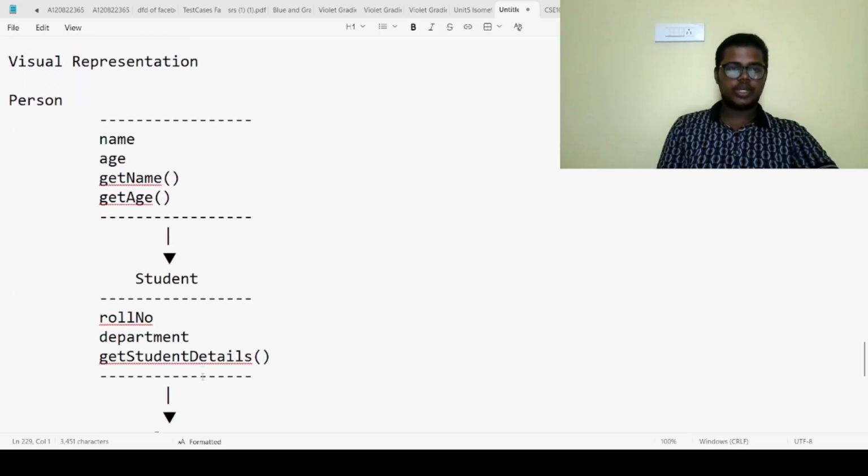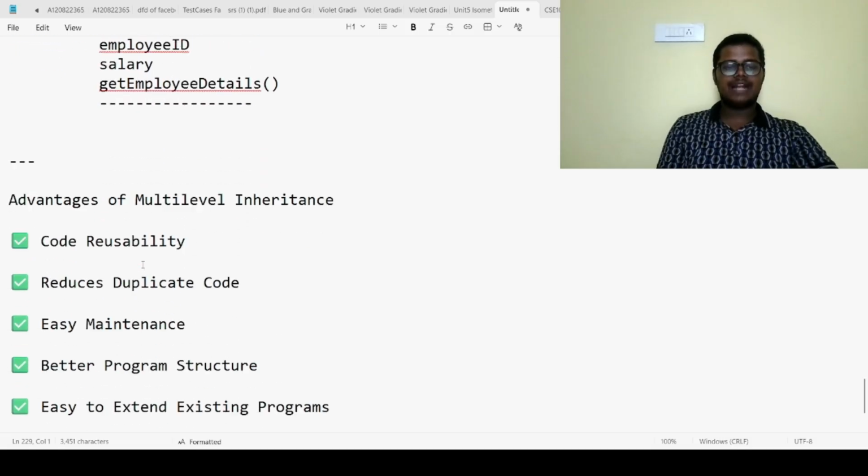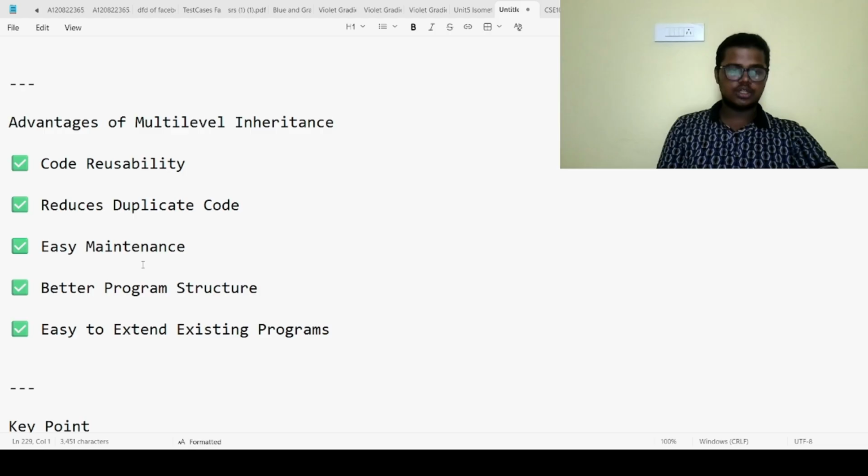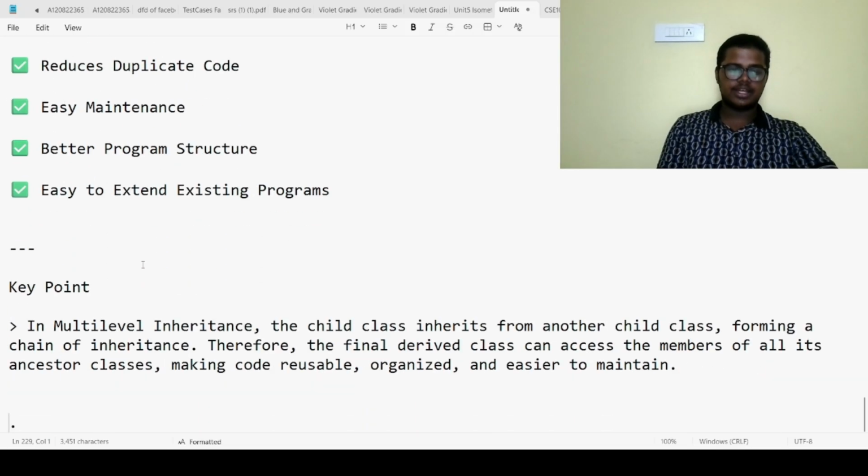Visual representation: you can see a simple, basic mind map of this. Then, advantages of multi-level inheritance: code reusability reduces duplicate code, easy maintenance, better program structure, easy to extend existing programs. Key point: in multi-level inheritance, a child class inherits from another child class, forming a chain of inheritance. Therefore, the final derived class can access the members of all its ancestor classes, making code reusable, organized, and easier